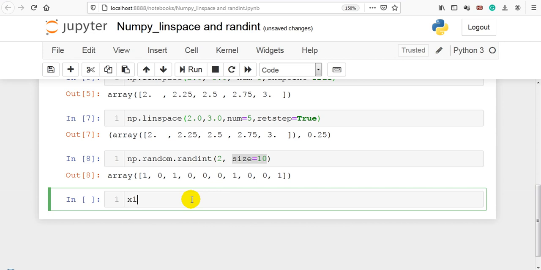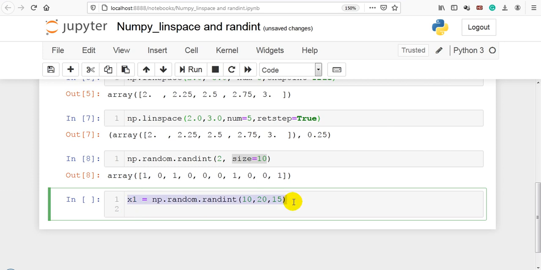So now let me take x1 is equal to np dot random dot randint, right? Then 10 start and size 15 samples. Let me copy and paste for x2.